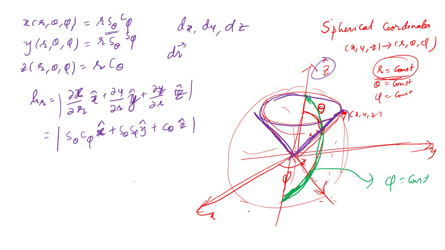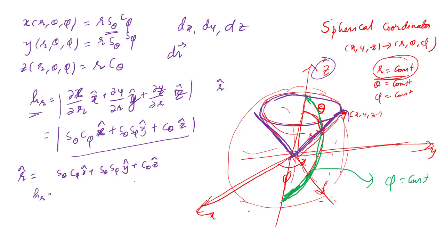And because this is HR, the corresponding direction for this HR vector would be R, right? So in other words, we can write the unit vector R as sine theta cosine phi x plus sine theta sine phi y plus cosine theta z. And as you can see, the magnitudes of these would turn out to be, for example, if I take HR,